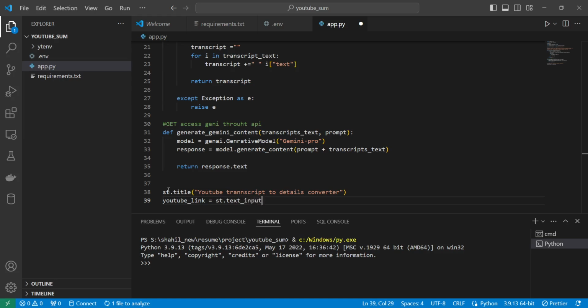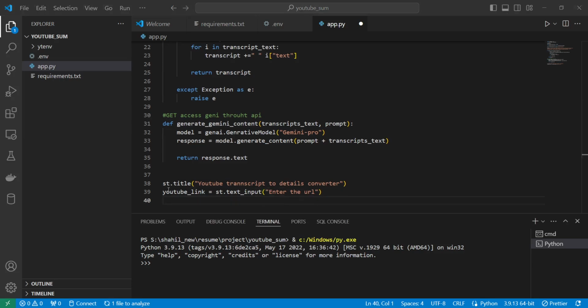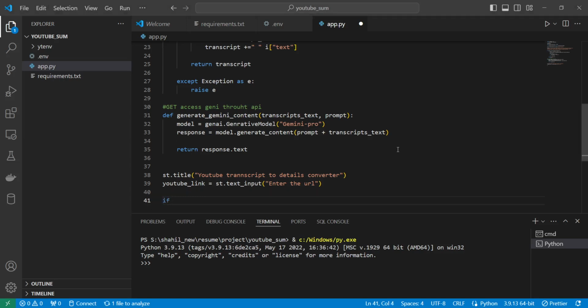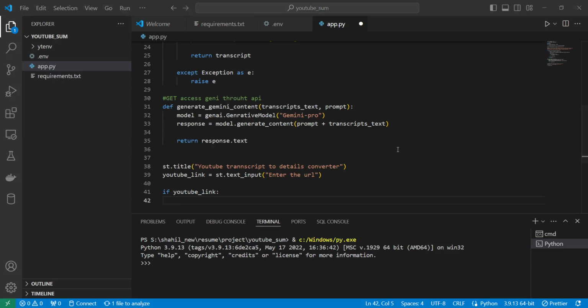Okay, in text input we pass the URL. So we write the message, enter the URL. And then after passing the URL, we check if the URL is true, then we perform the splitting. So we have just if YouTube link is true, then we call the function of,